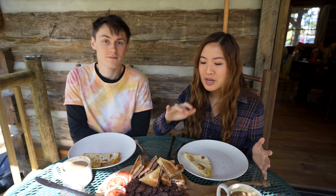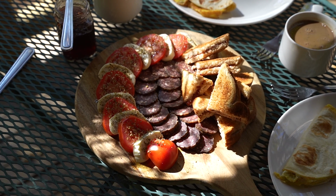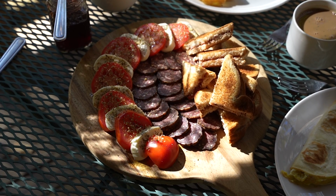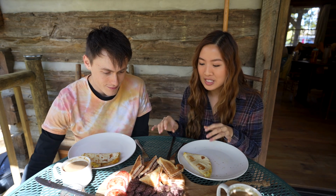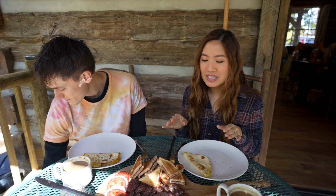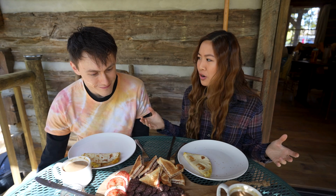We've got some tomatoes with mozzarella cheese. I sprinkled some oregano and black pepper on it, of course with some olive oil as well. And then I made these wine jelly and butter sandwiches, cut into little triangles. They're super, super cute. And then we've been saving this really special salami that's been cured for, I don't know,